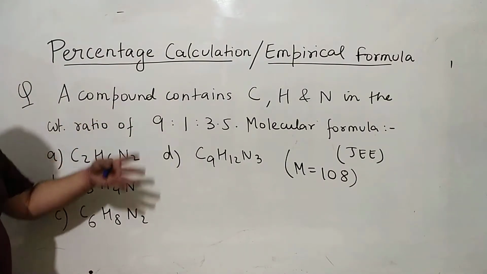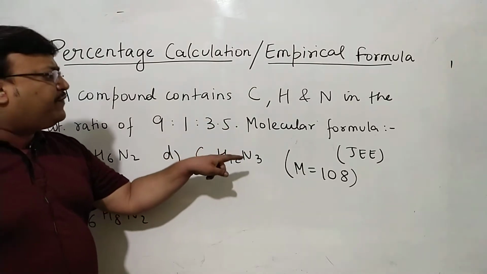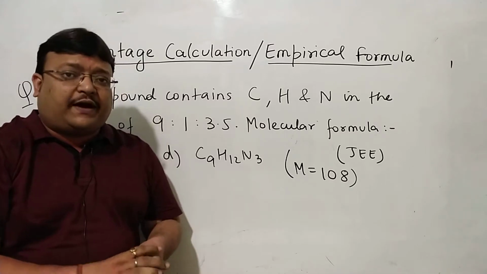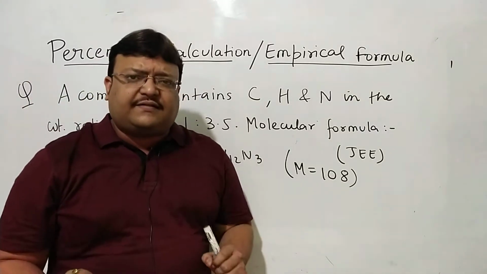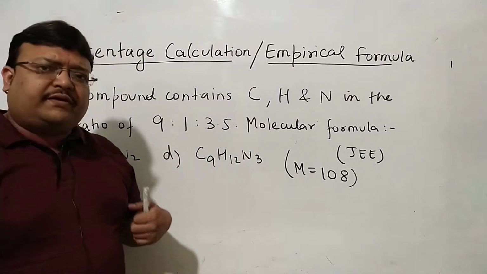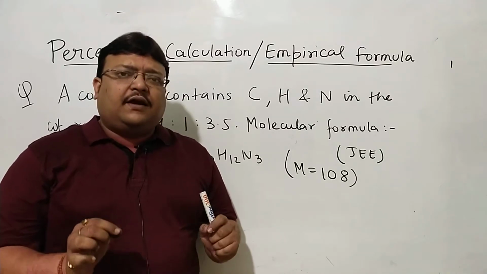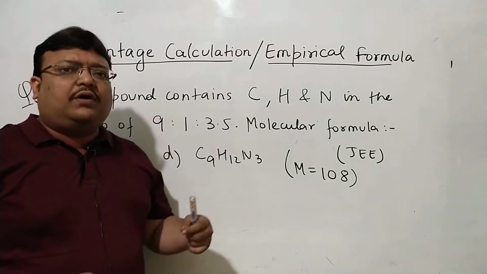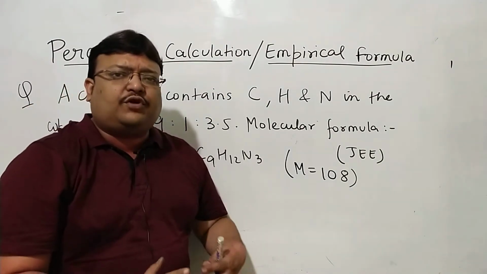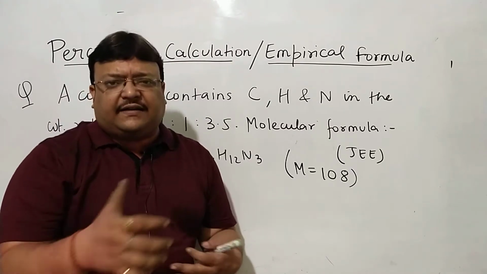So this is the entire question. Carbon, hydrogen, nitrogen. The ratio is given. You have to find the molecular formula. But before getting the molecular formula, you have to find the empirical formula. Now what I suggest is, every time I write a question on the whiteboard, you will want to copy the question, then pause the video. I hope I'm easy to understand. Every time I present a question on the whiteboard, you will want to note down the question, pause the video, try the question on your own, and then resume the video to see if your answer is the correct answer or not.